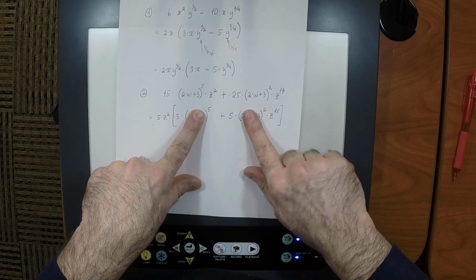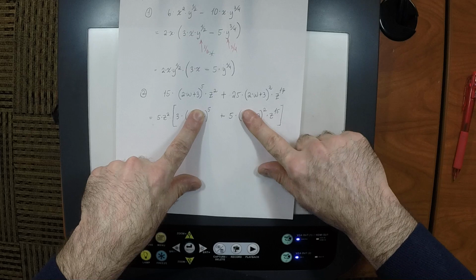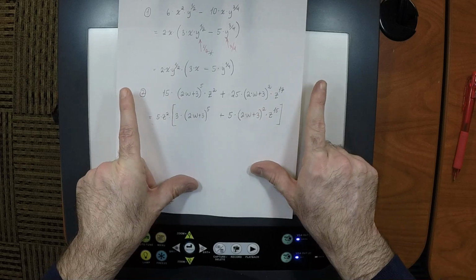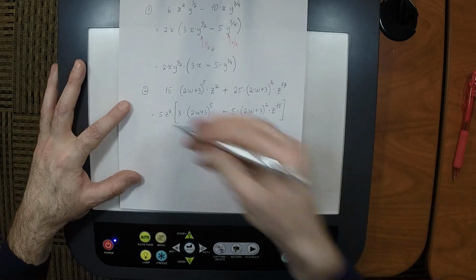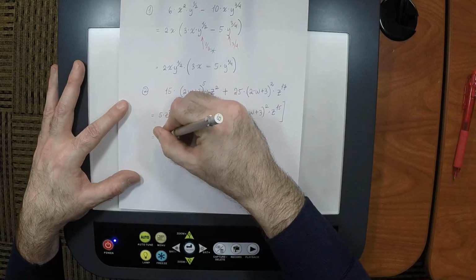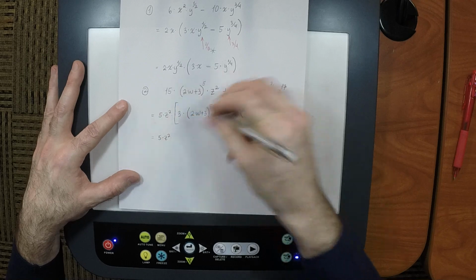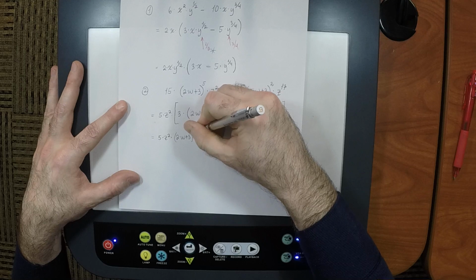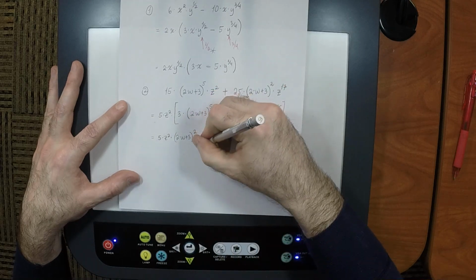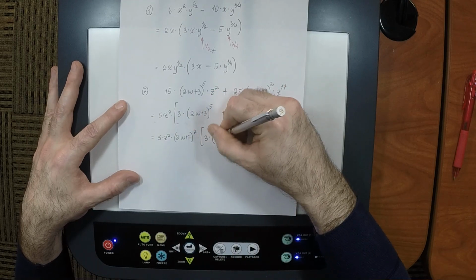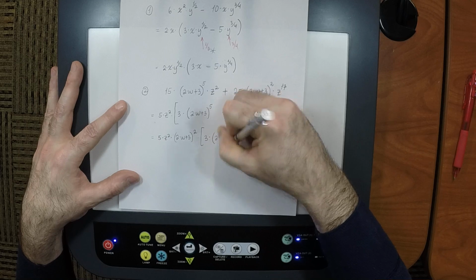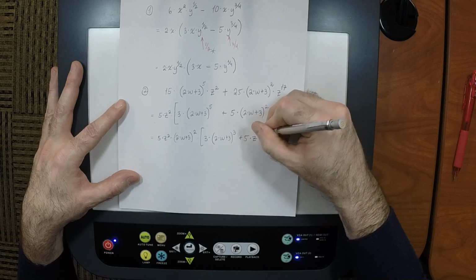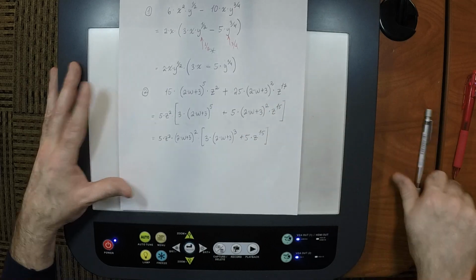The only thing you have to be brave about is to understand that the only thing that matters is that they're the same. That's the only thing that matters. So I'll write down the answer, and then we'll be done. So 5z squared, and then we said 2w plus 3 squared is what can come out. And then it would be 3 multiplied by 2w plus 3 cubed, and then plus 5. We took all of those. Z to 15. Okay, very good. I hope you have